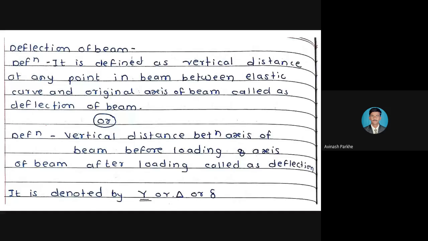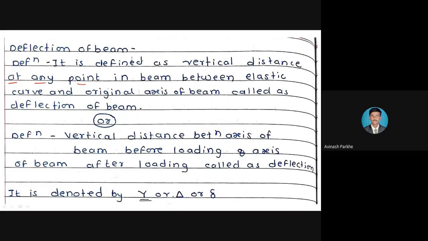Okay, so now what are the definitions I have explained just now? That is deflection of beam. It is defined as the vertical distance at any point in the beam. म्हणजे कुठल्या पण पॉइंटला तुम्ही डिफ्लेक्शन काढू शकता. फक्त सेंटरला डिफ्लेक्शन काय असणार आहे? 0 असणार आहे. आणि त्या सेंटर पॉइंटच्या लेफ्ट साइडला डिफ्लेक्शन सपोर्ट कडे काय होणार आहे? कमी होत जाणार आहे. And at the support point the deflection is totally equal to 0.